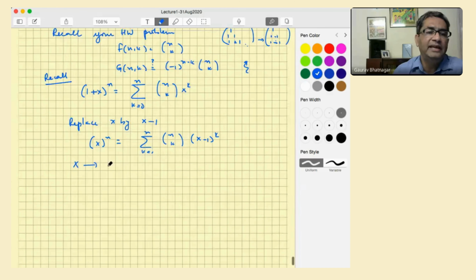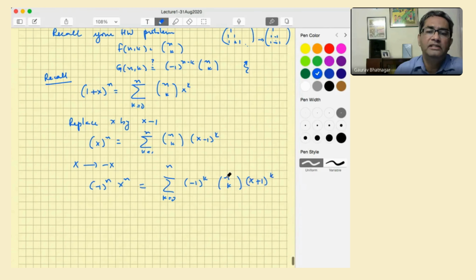Now replace x by minus x to get minus 1 raised to n, x raised to n equal to the sum for k going from 0 to n of minus 1 raised to k, n choose k, x plus 1 raised to k, and this implies that x raised to n is equal to